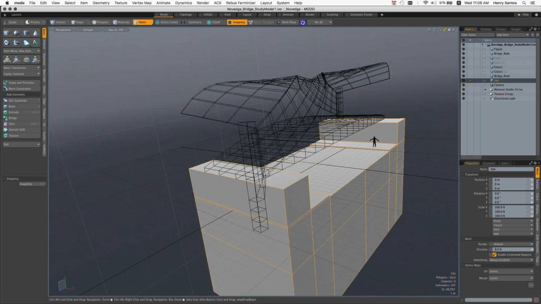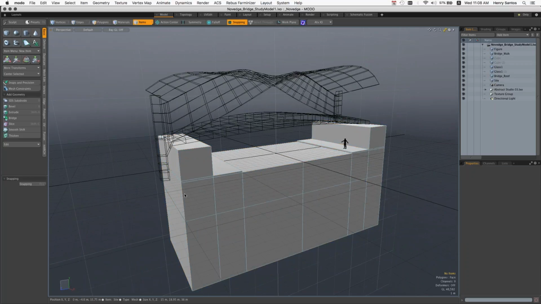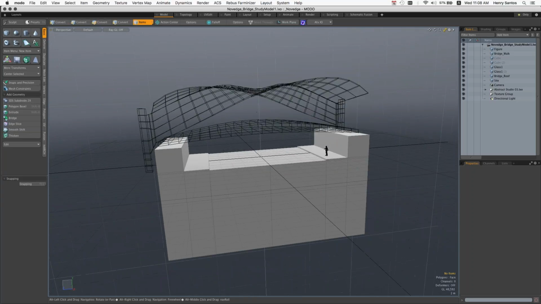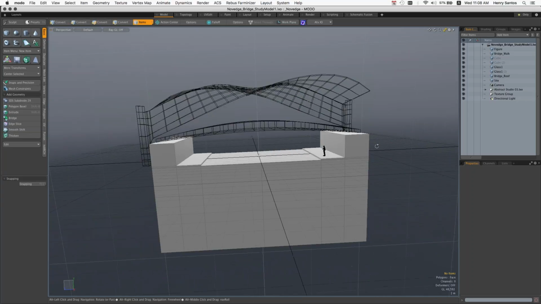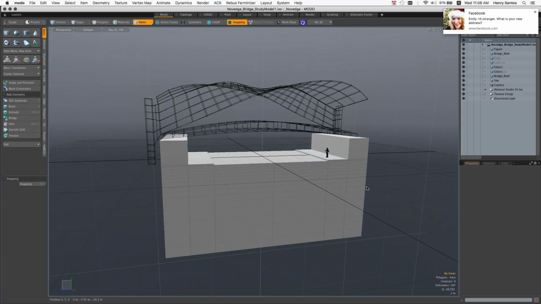So here I'm opening up a file, and while I open this up, I'm going to go over the different parts of MODO and approach this from not necessarily a training seminar or a training session, but more of a tools overview and what you can do. I've chosen MODO because I can do a lot of stuff, but really you should look into MODO because of what you may be held back from and want to accomplish. Maybe there's something here that